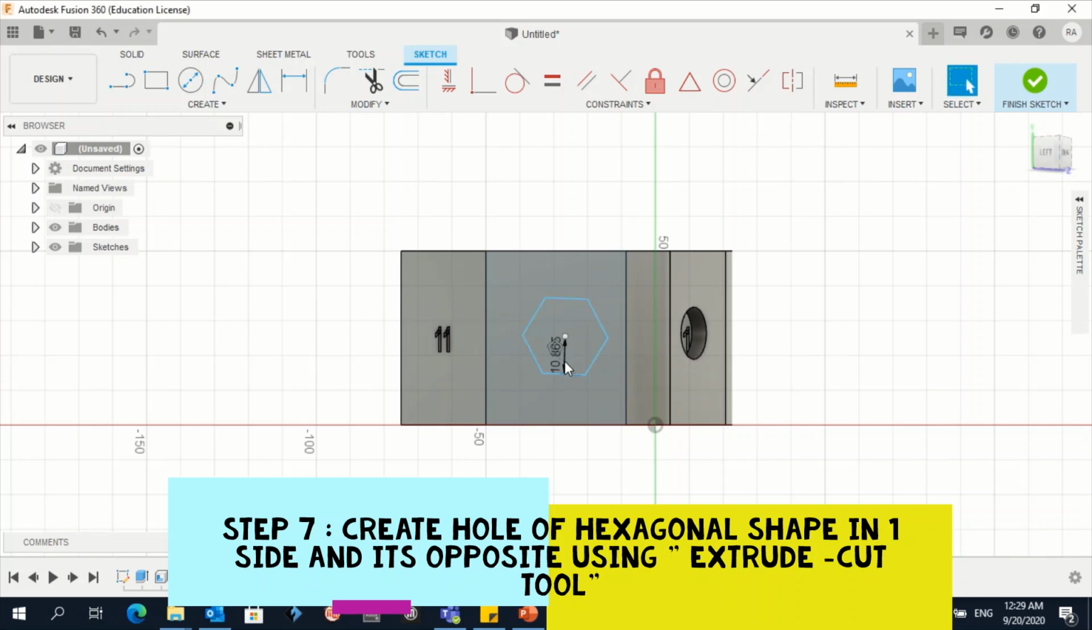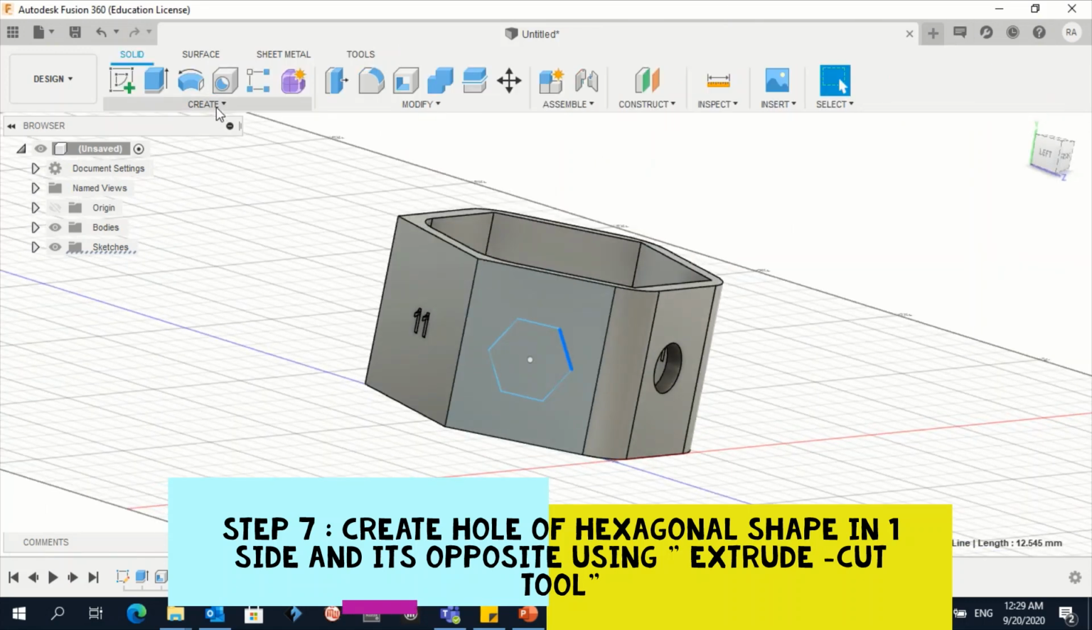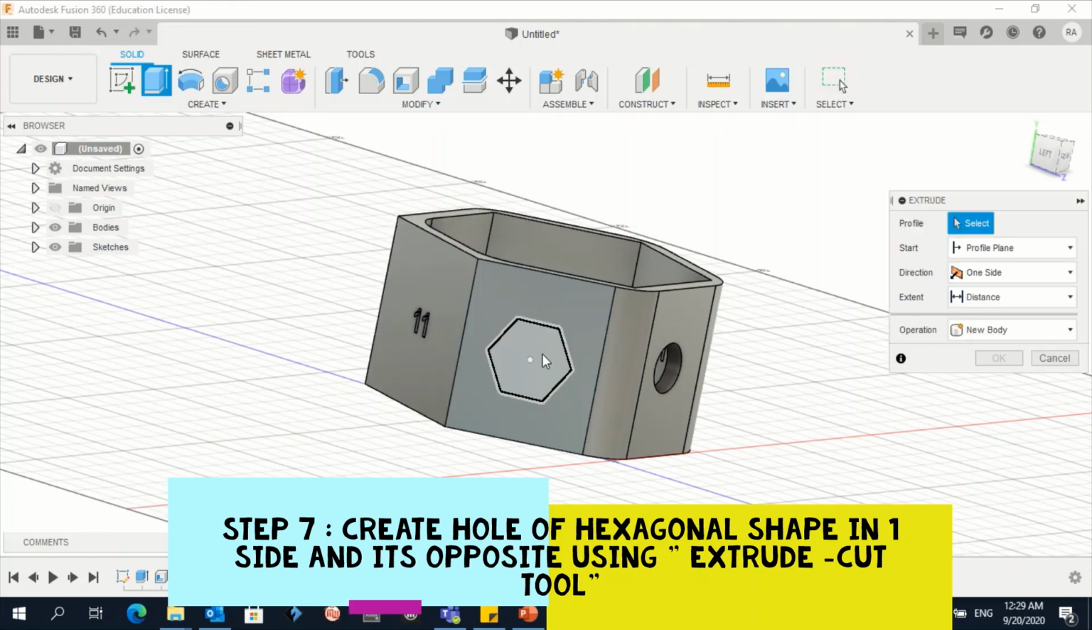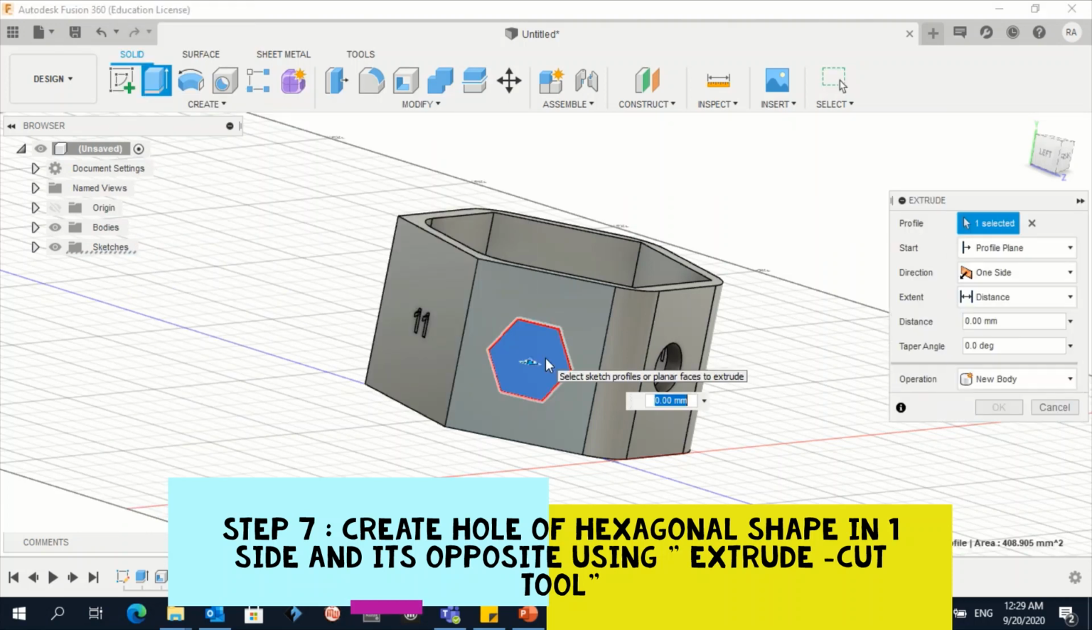Okay, make it 6. If you want to move it to be in the middle, I think this is the right position. Then finish the sketch, go to create. No, now you want it to be extruded, right? So click on extrude, click here, the place where you want it to be extruded, then make the operation as